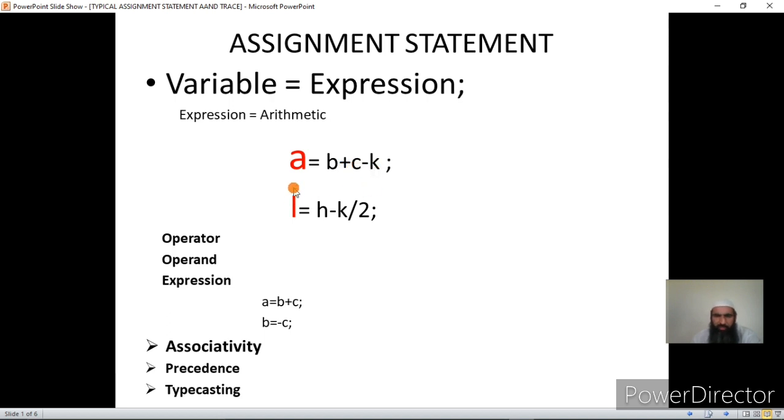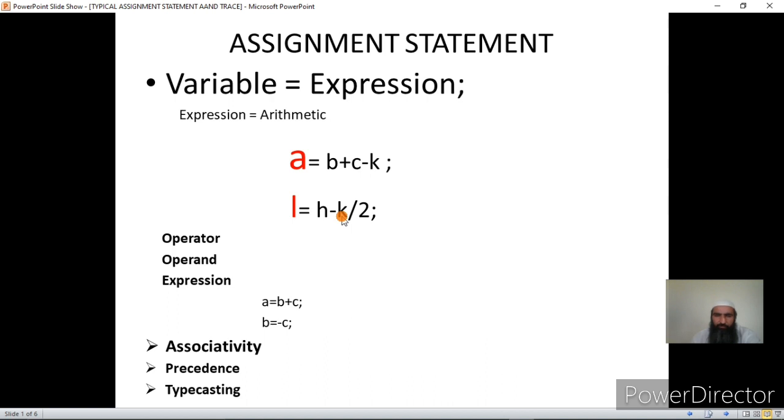In another statement I am assigning a value to L, which will be computed by the CPU from the right hand side, that is this arithmetic expression, h minus k divided by 2. 2 is a constant and h and k are variables. I assume that I have declared these variables and assigned relevant values to them, or I have inputted these variables from the keyboard.